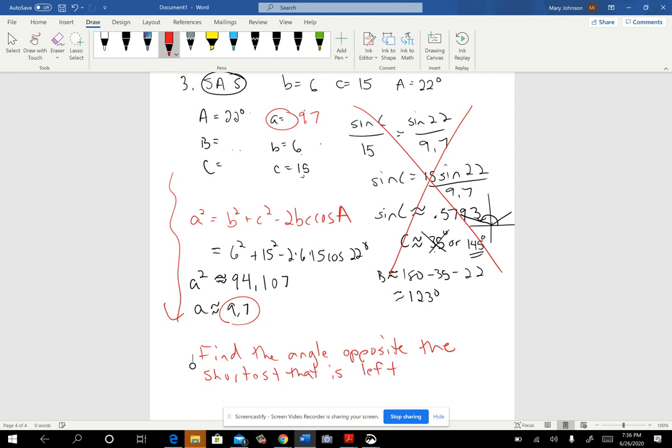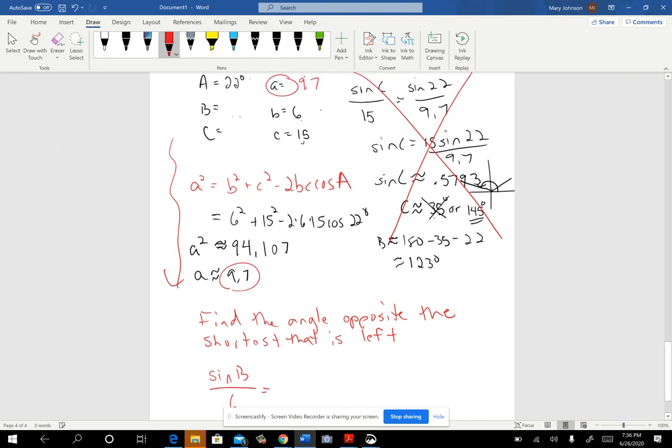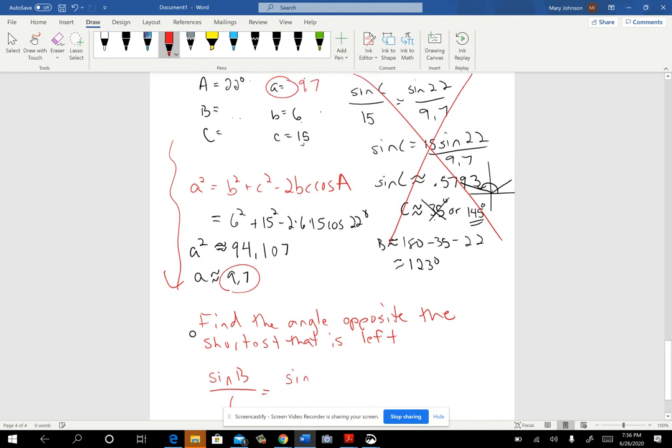So between 6 and 15, I should use the 6. So if I set up my law of sines using B instead,